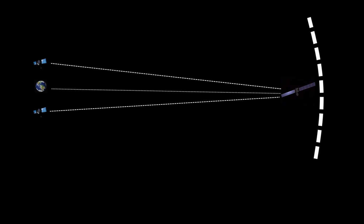It doesn't only depend on how precise you can tell the distance to a satellite. Of course, using a precise timer and a signal coming from Earth, you will always be able to tell your distance from Earth, or your distance from an Earth orbiting satellite, very precisely, but to also tell your direction from Earth, you will need to tell the difference in distance from different Earth-based satellites, and according to the laws of trigonometry and geometry, this will get less precise the further away you are relative to the distance between